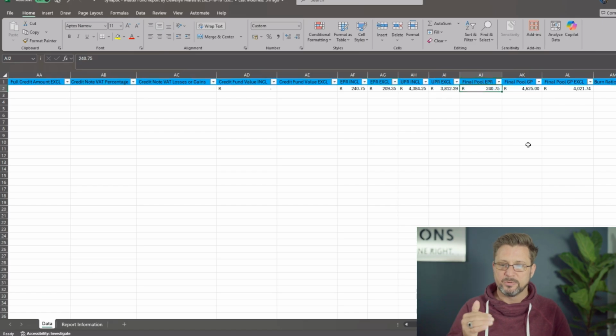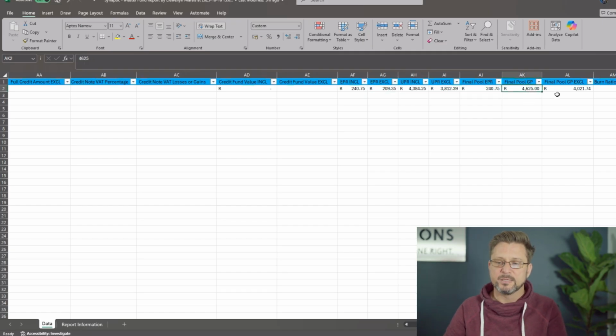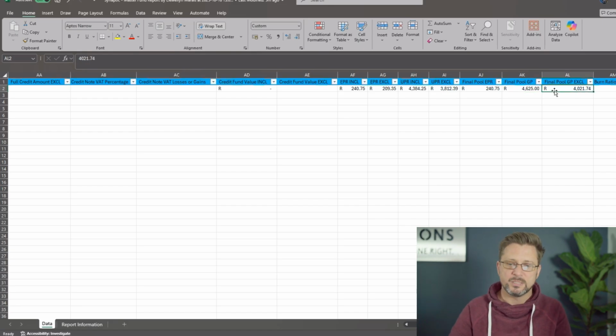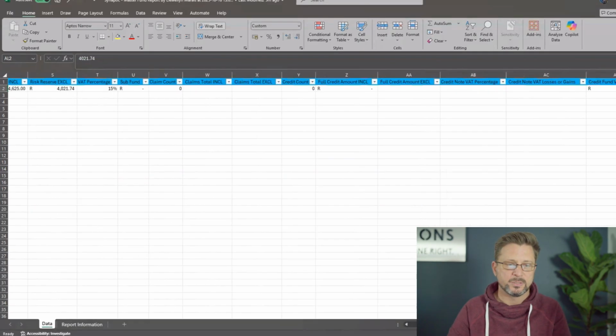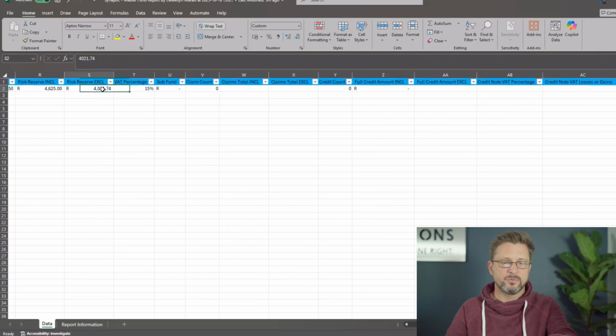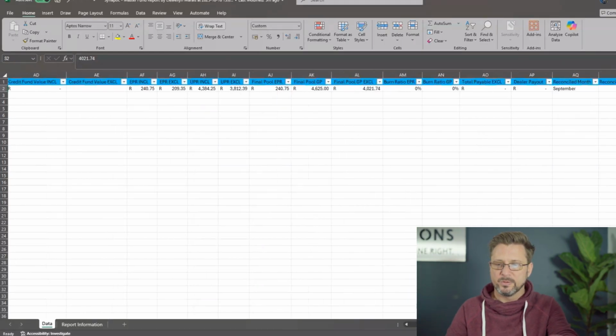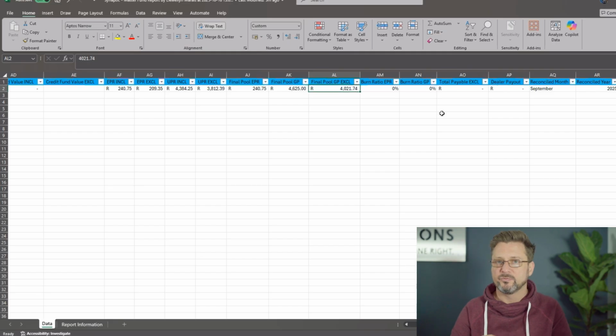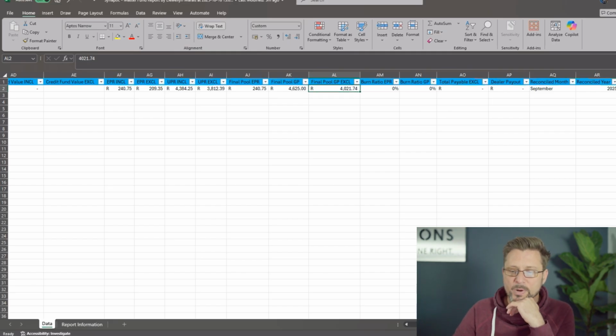So in other words, currently you've got 240 Rand, which is the including value. The final pool earned premium will show you what you've earned based on your earned premium. Final pool GP is how much you've got in total. So that's exactly how much. This should always equal exactly what your risk reserving is. So here we've got the risk 402,174. This is going to mimic that 402,174,